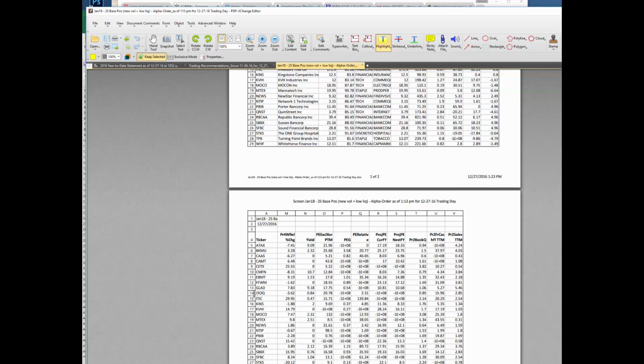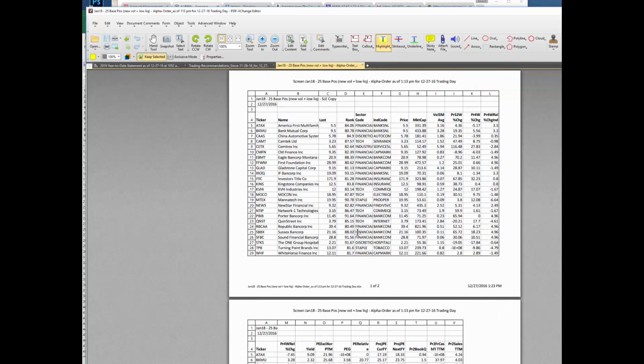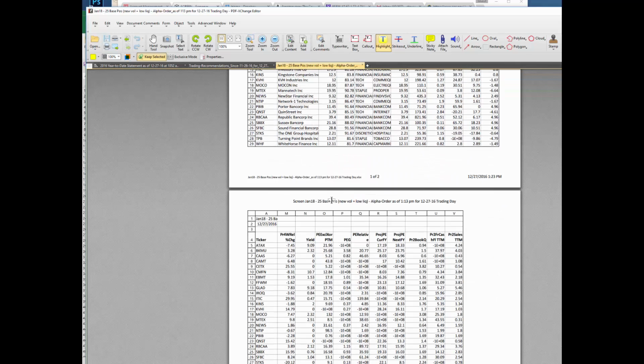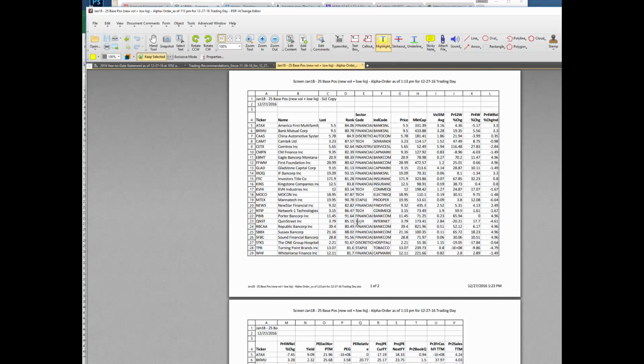These are repeated. At least column A will be repeated to always give you the ticker name, but this info will be different. Don't spend a lot of time on this. Just make sure that it appears to have printed the entire file. That's really the name of the game, is to create this file, this PDF file,